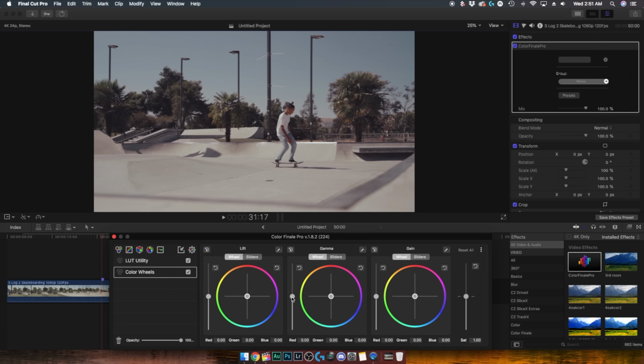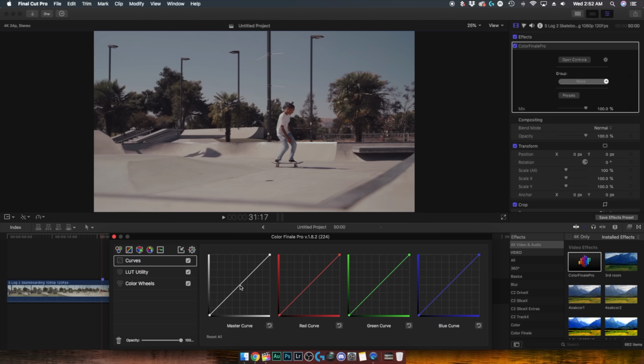So the first thing I'm going to do is start increasing our exposure in the midtones using the gamma slider, and the reason I'm doing it in the gamma is because I don't want to blow out our shots by increasing the highlights. And that right there looks pretty good, so I'm going to go ahead and decrease our highlights in the gain channel, and then lower our exposure in the shadows using the lift slider. This should give it a little bit more contrast, and now I'm just going to up the saturation by, let's say 1.1. So this is looking pretty good, but I still want to brighten it up just a little bit,